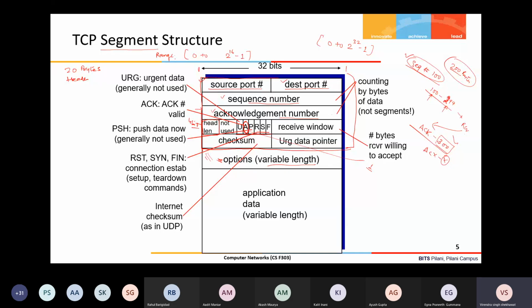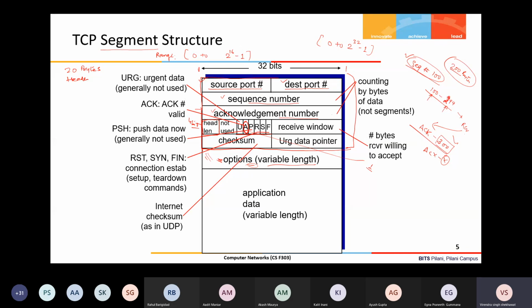That scaling parameter means up to how many bits it will scale. This kind of information, which is not defined by any compulsory header in the TCP, can be exchanged in the options field, and the sender and receiver can use that control information.